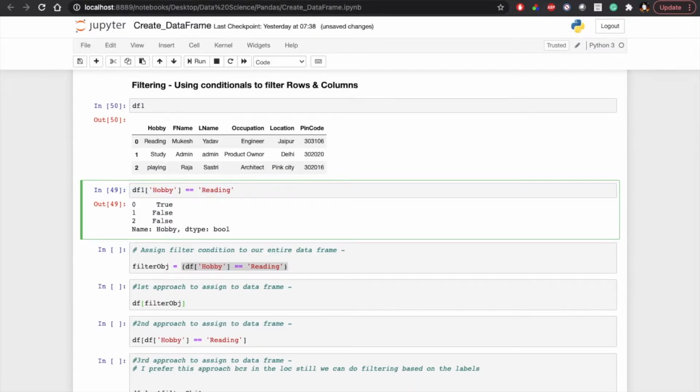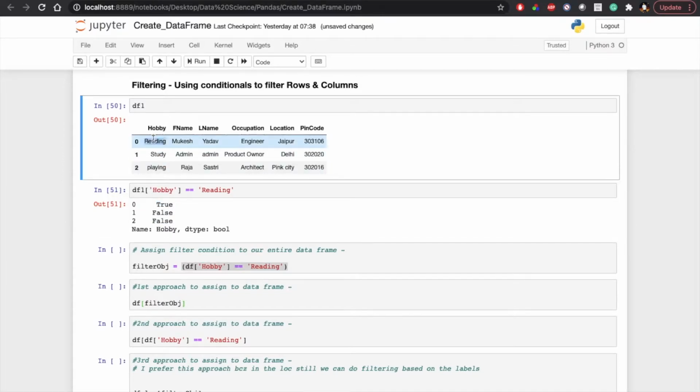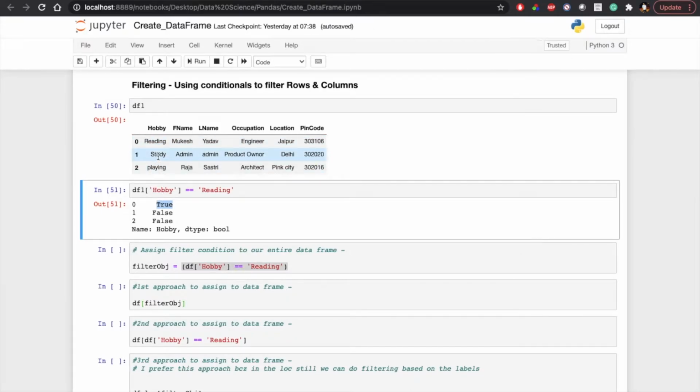If I run this, we will get the 0th index as true, and the first and second index as false. So how does this come? Basically the 0th index contains reading, so it gives the true value. Apart from that, the first and second index don't have the reading value, so it gives false.